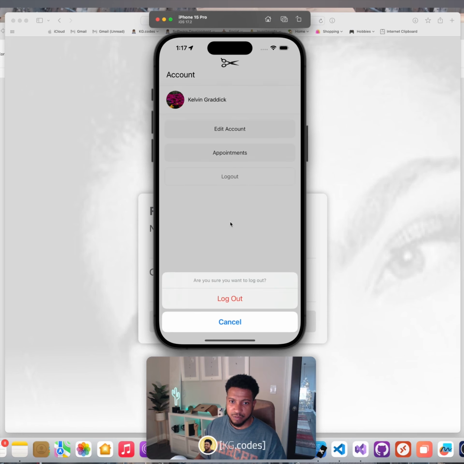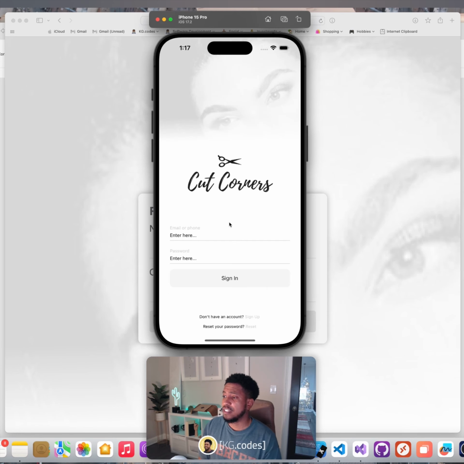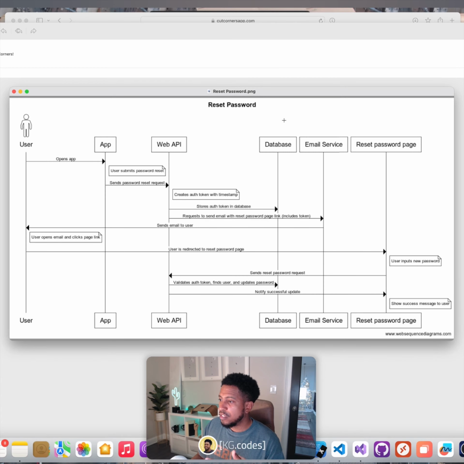Got a new password. Now I want to show how did I architect this feature? Like how did I do the system design on it before I actually started the code? And then lastly, I'll show you the code. So I came up with this architectural diagram to kind of show the flow and show the different pieces that